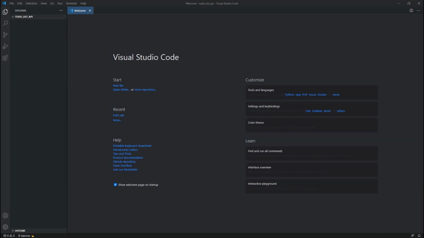Previously we built a to-do list app with React. Today we will build the to-do list REST API, and in our next video we will build the user authentication API with JWT, JSON Web Token, and then we will integrate these two APIs, today's API and that auth API, both with our last to-do list app. Okay, so this is actually my goal.